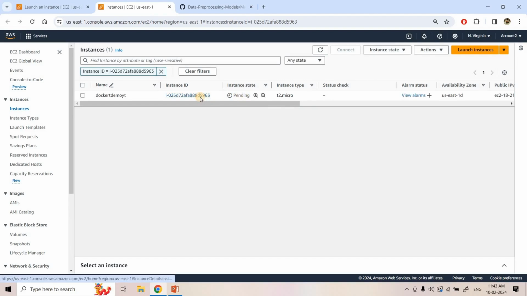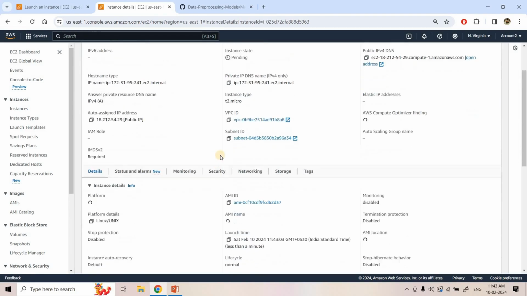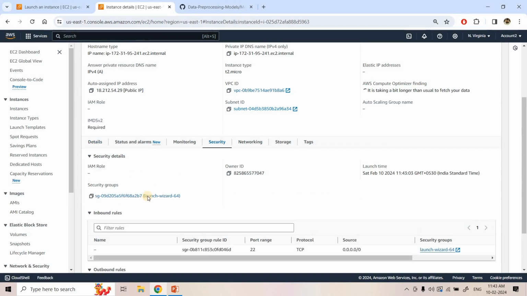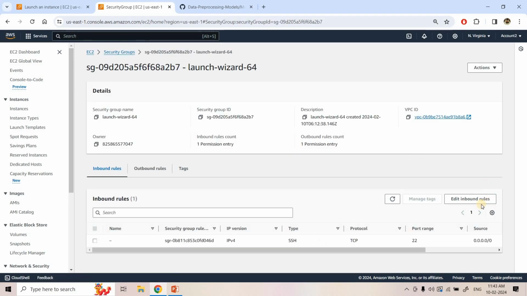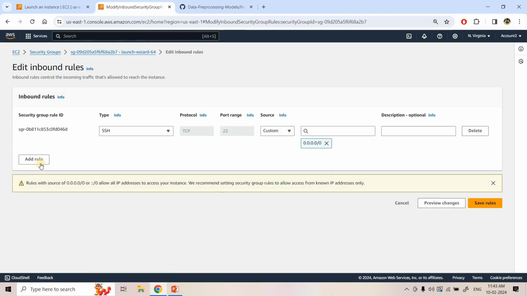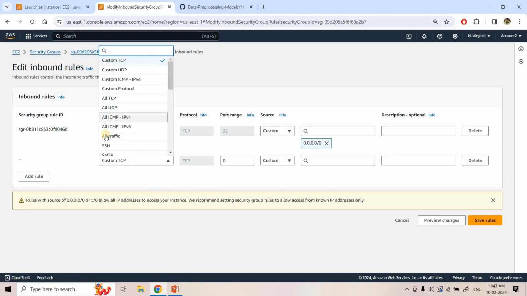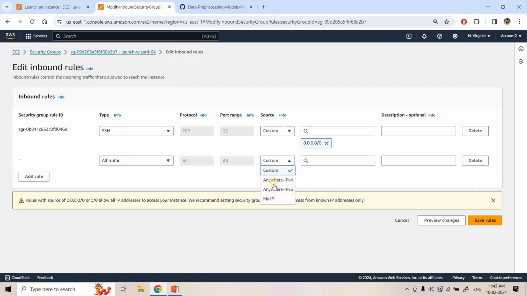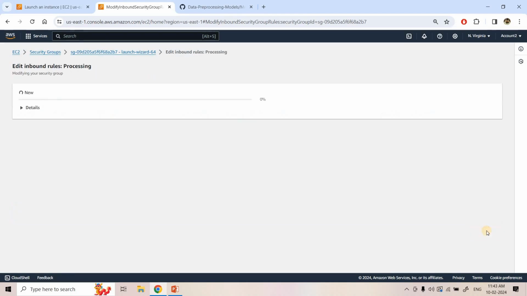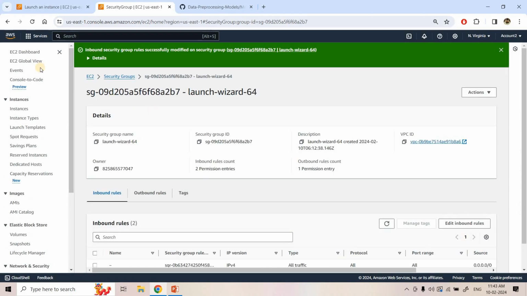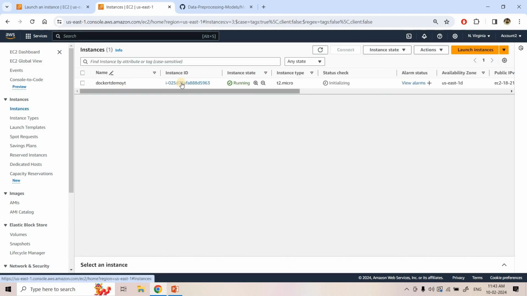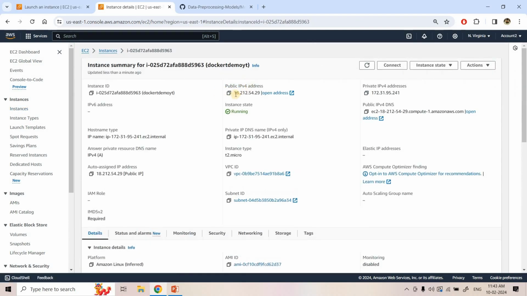So here you can see currently it is in pending state. Till then, to avoid any security issue or firewall related stuff, I will just edit the inbound rule, and I will make sure that all traffic from anywhere is allowed. Okay, when you are working in a production system, at that time you can fine tune this networking and access related stuff. Let's first try to understand AWS Batch without focusing on those things in detail.